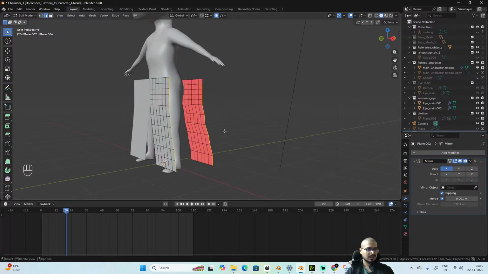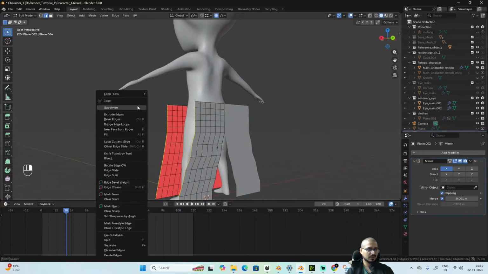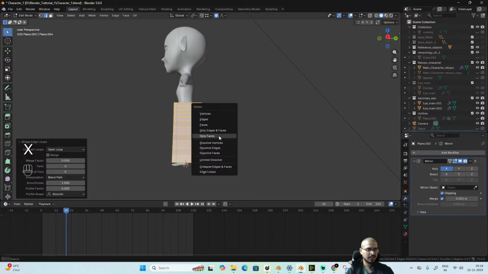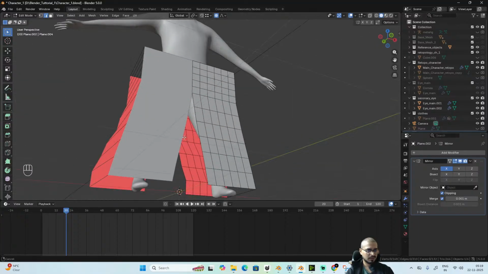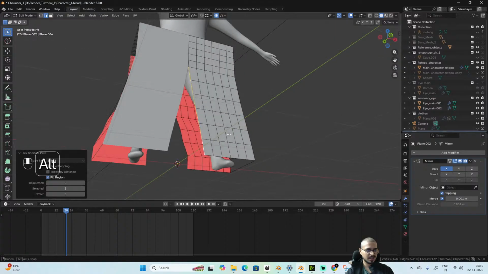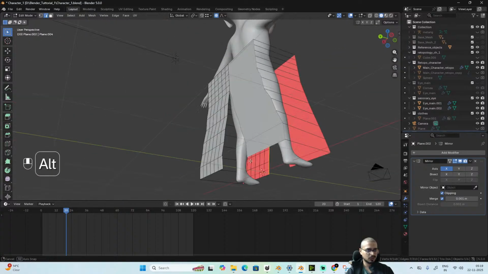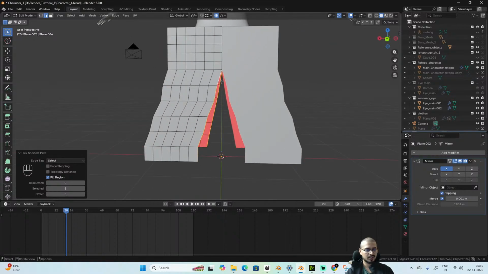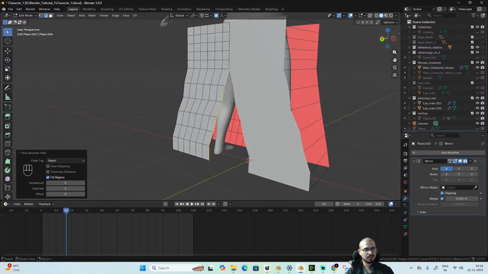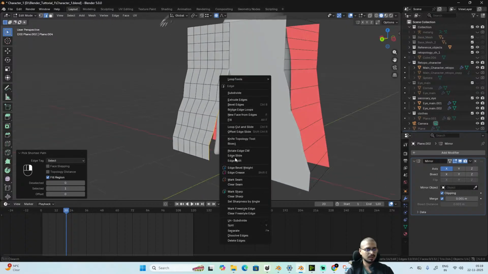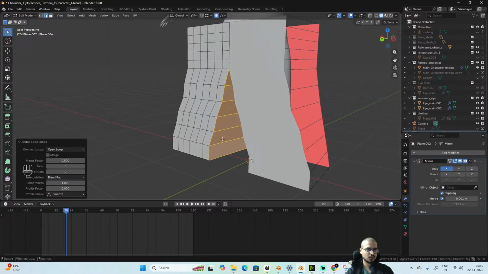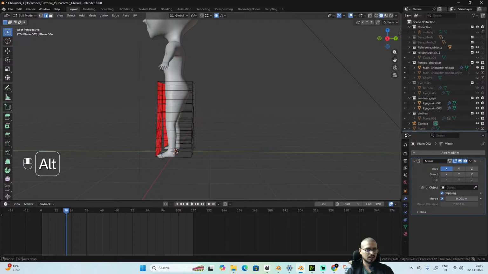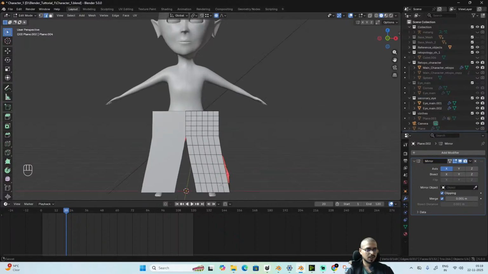So like we did before, we'll bridge edge loops these edges, and X, we'll delete only faces, and we'll do this for this area as well. We'll select all these edges by selecting the first edge and Control Shift plus left mouse button on the last edge. We'll bridge edge loops these, and X, only faces, we'll delete them. And now what I'm going to do is